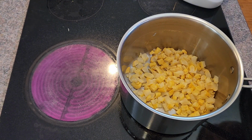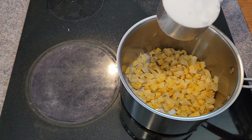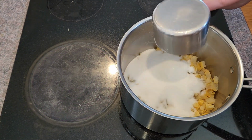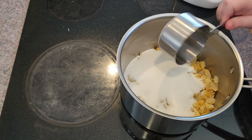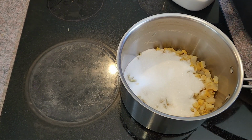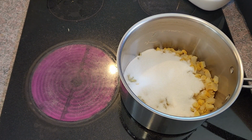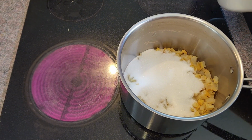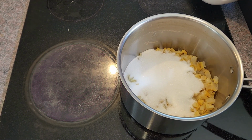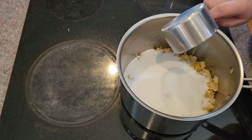Okay, so I just strained out the water, and now I'm adding the sugar. I've just strained out the peels, now I'm adding the sugar, the 2 cups of sugar that you need to make the simple syrup that you boil it in. And then you add the sugar and the water together, and cover it, and then return it to simmer for a while,